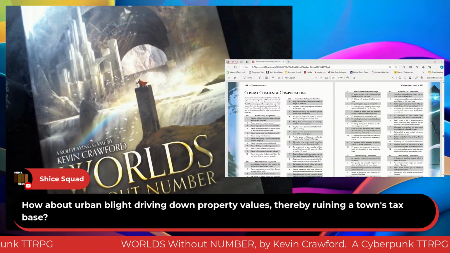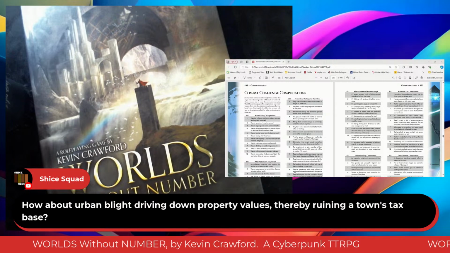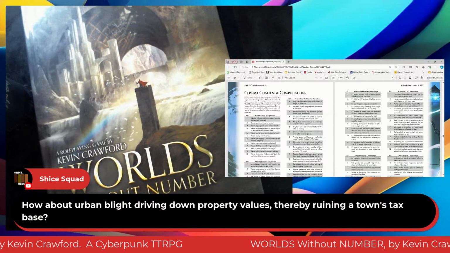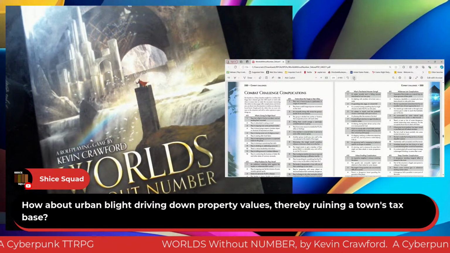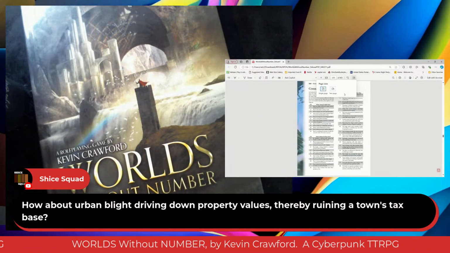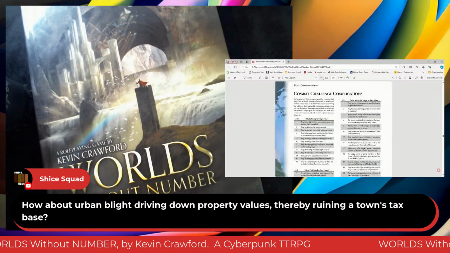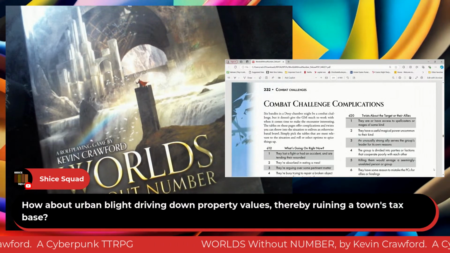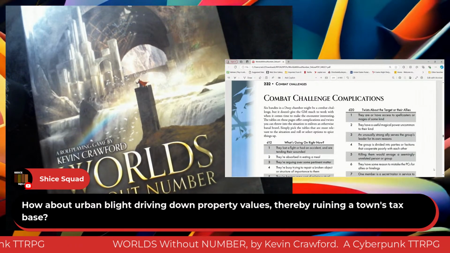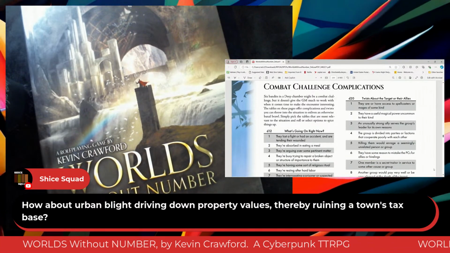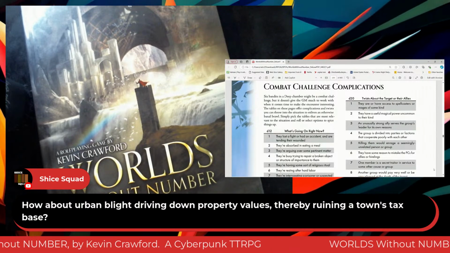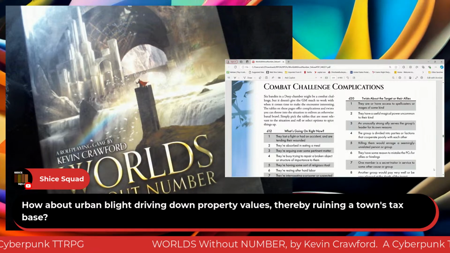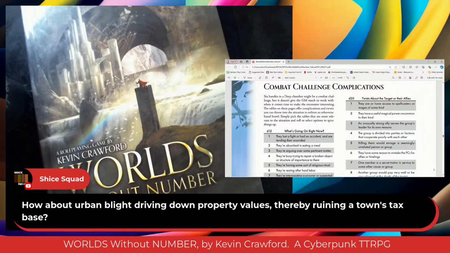Okay, so for combat challenge complications, yeah, there's a bunch of these tables here. Let me do a single pager so we get a little closer into here. Combat complications, just so we're not always fighting on a green screen. Despite the fact you may say it's a jungle or mountain pass or urban or down in a dungeon, it all seems to be pasted to the walls. It doesn't have an effect on the combat.